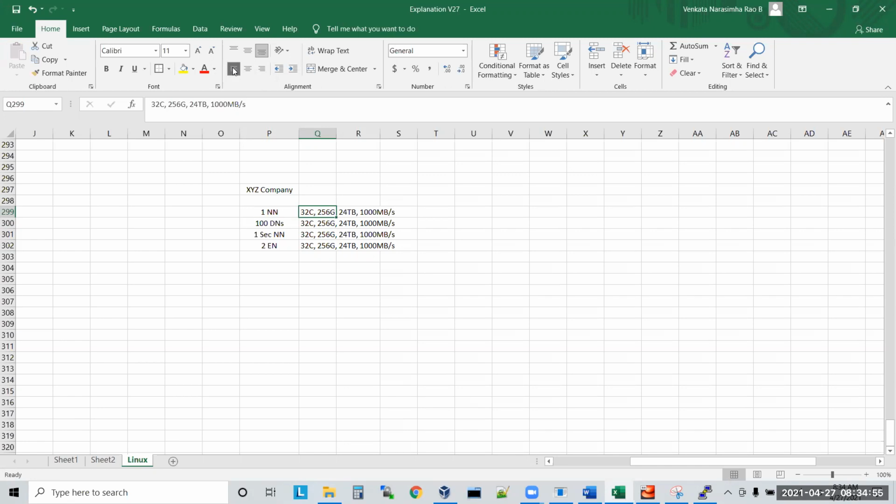How many servers do I want? 104 servers. You require 104 servers, guys. So the total requirement is 104 servers. Now you understood clearly that to set up a Hadoop cluster you require 104 servers. So you went to the Hadoop architect and the architect has given the plan. Now you have the plan. What next?